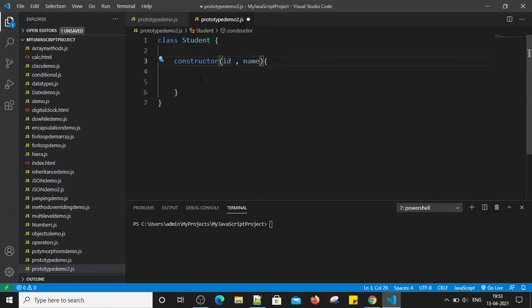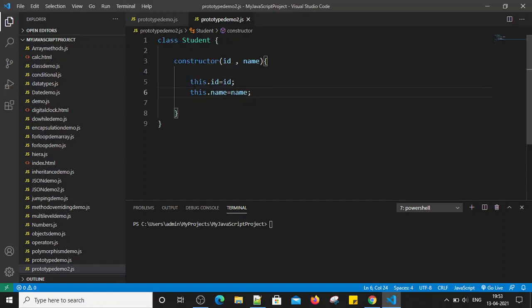So we have to use this.id = id, this.name = name. Right, so we are assigning these values in the constructor.